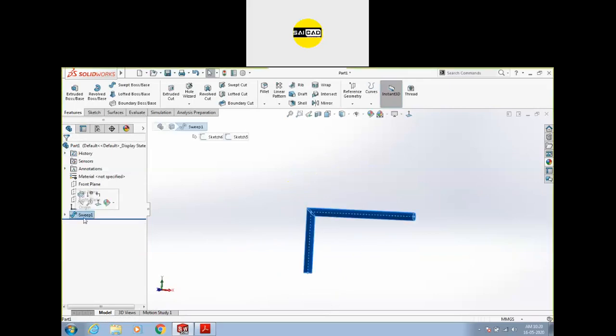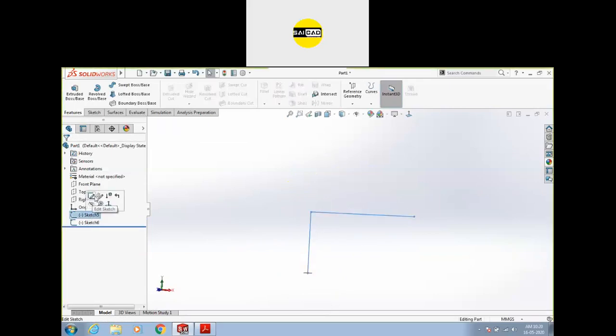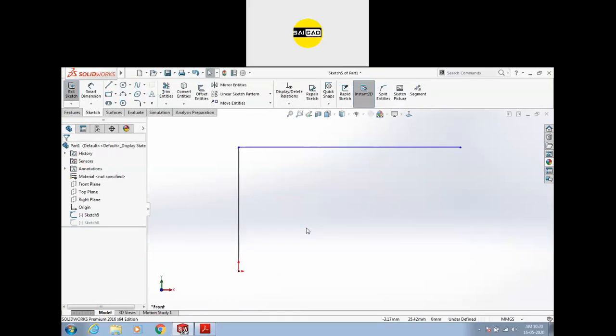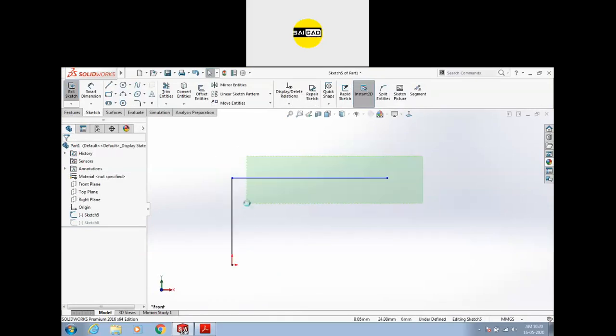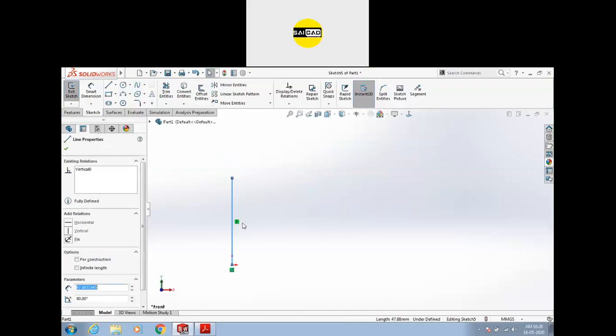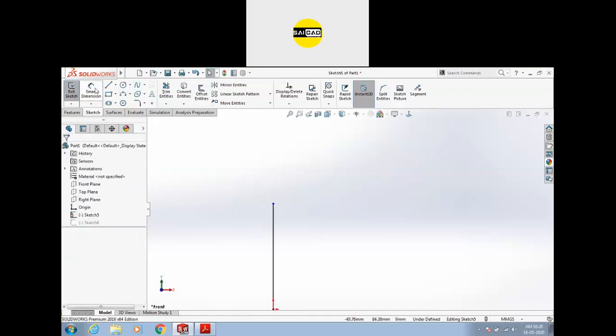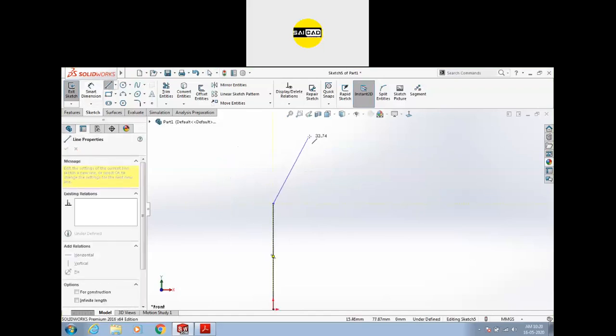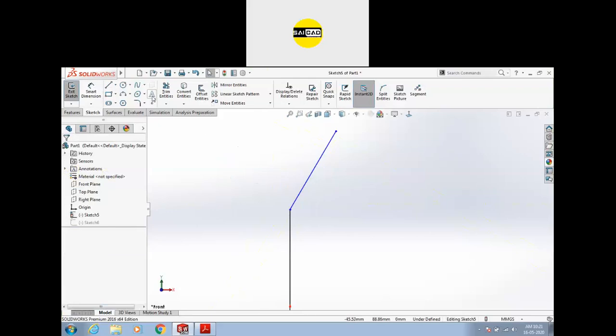Now I'm going to delete this and create a different sketch, a different shape. So now, okay, I will just create a shape like this and create a fillet here.